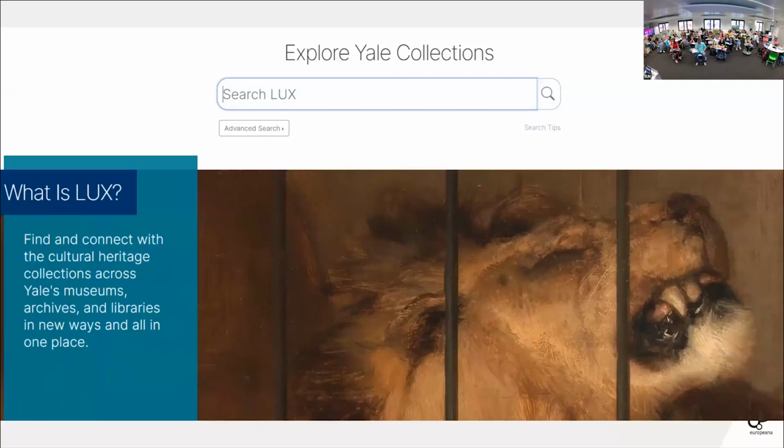So one example of this is the Yale collections. They created their own open collection database very recently, I think just a month or two ago. They revealed Lux, which is their new content management search system, and you could look through more than 11 million wonderful cultural heritage objects from the Yale collections,